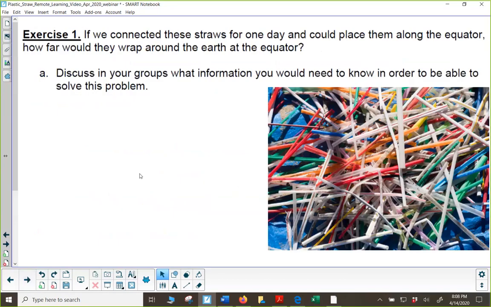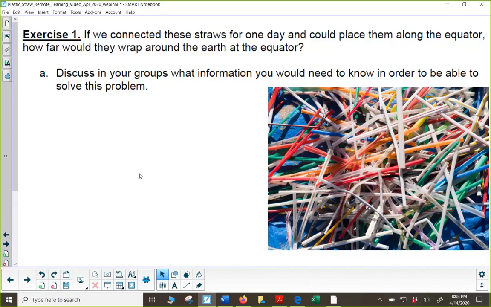So here is exercise 1. If we connected these straws for one day, put them tip to tip, and could place them along the equator, how far would they wrap around the Earth at the equator? So what I would want my students to do is they would be in groups, and I want them to talk about what information I need to provide you in order for you to be able to answer this question, okay? So again, you can go ahead and type those into your chat window, but do not press send or enter